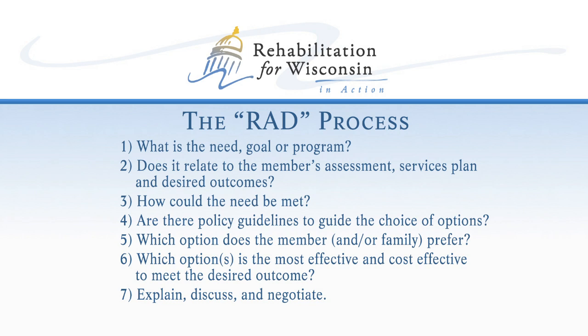The step-by-step process is extremely important because the member should be able to say, I have this need, the service we're talking about helps me meet a particular outcome, and the care management team and anybody who's suggesting that the service be cut should explain very specifically why the service may or may not be important and whether there are